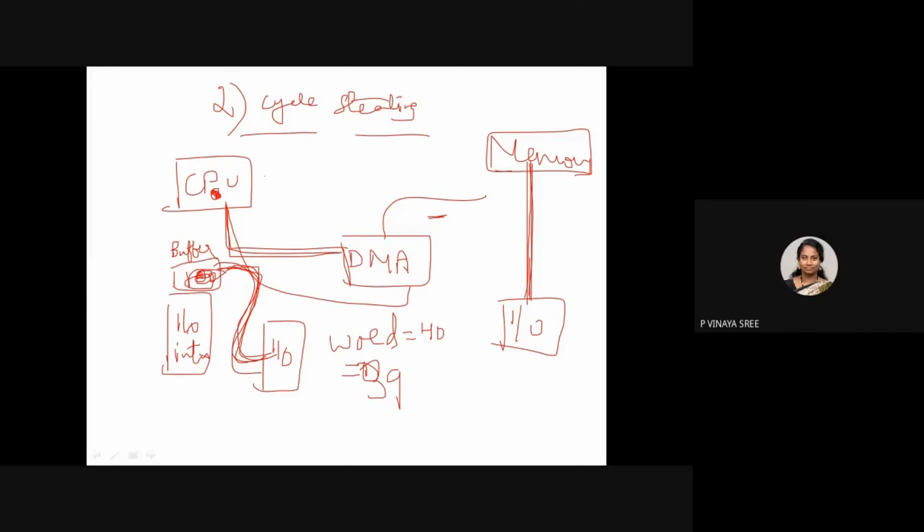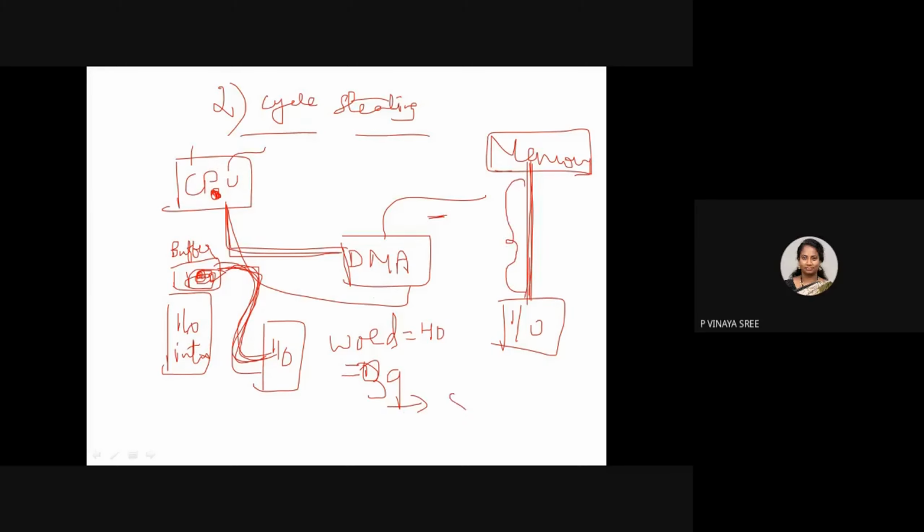So this is cycle stealing, where the advantage is that the CPU will not be sitting idle. Why? Because the system bus is being shared equally. When the word is ready in the buffer, the DMA requests the bus, and the processor will not give it up immediately. Whatever work it is doing, like fetching, it completes that and then releases the bus. So in cycle stealing the processor will not be sitting much in an idle state; it will be executing. And the problem with DMA here is that the data transfer slows down.